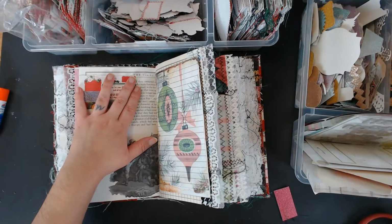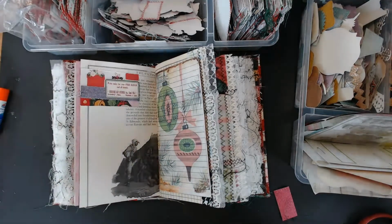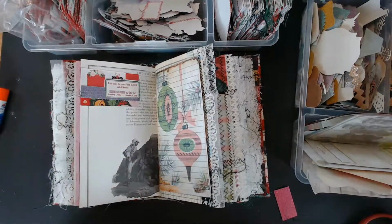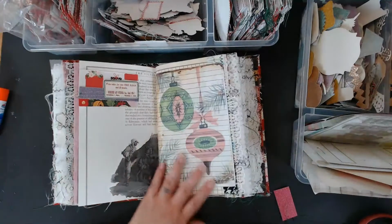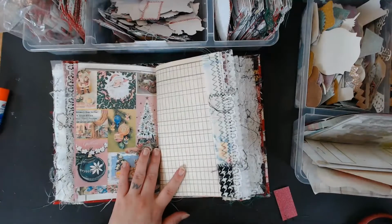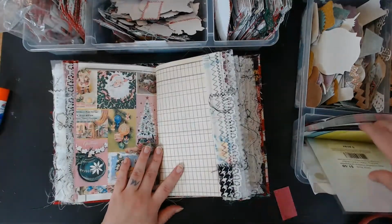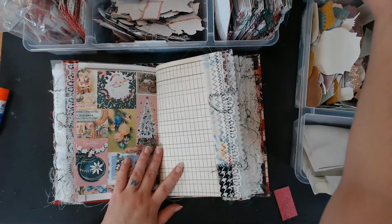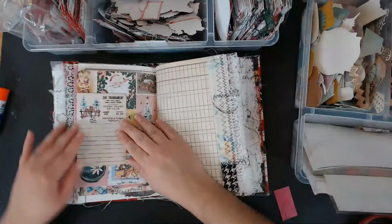What got you into all this, Daisy? Okay, so years ago, I used to be into scrapbooking. Well, because I went to school to be a graphic designer, so I was always crafty. I was always making things. Never specifically junk journals, but I was always making stuff. I was a crafter growing up, and I went to school for graphic design. I didn't finish, but I did go to school. Sad. I should have finished. I'm just one of those. Anyways,